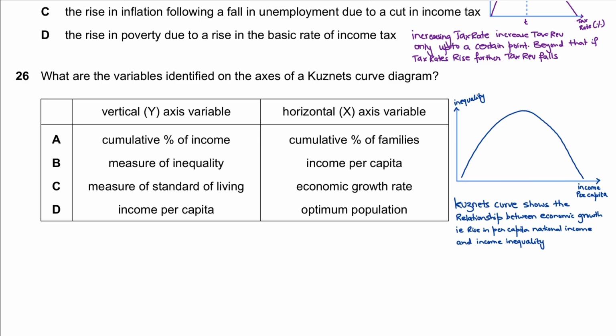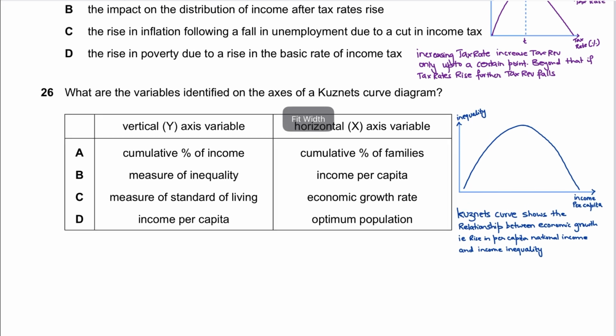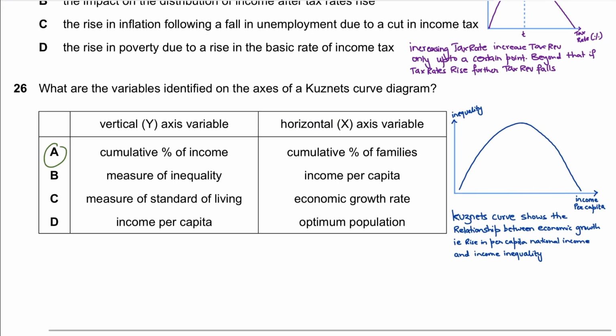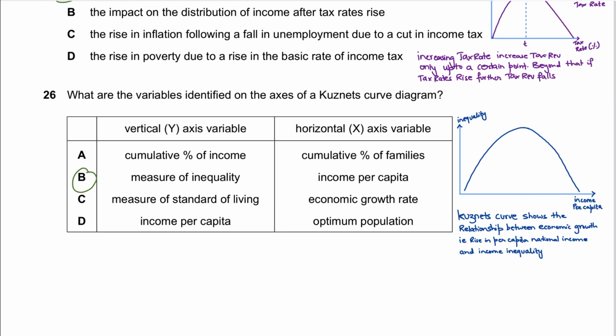But as development continues further, as incomes per capita keep growing, as you move away from the origin, and as the incomes go on increasing, measured on the horizontal axis, more people benefit from growth, education would expand, and government redistribution would also rise, and that would cause inequality to fall. So that is why you have a typical famous inverted U-shaped curve, that is the Kuznets curve. Option A is actually describing the Lorenz curve, not the Kuznets curve. So the correct answer for question number 26 has to be measure of income inequality and income per capita.